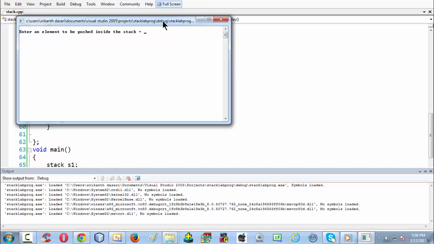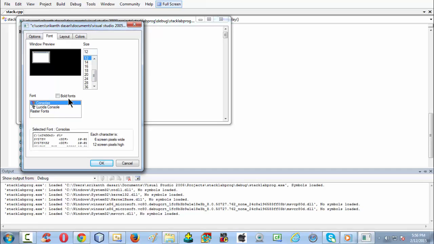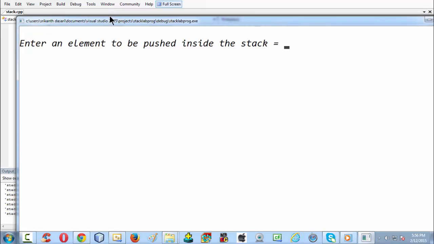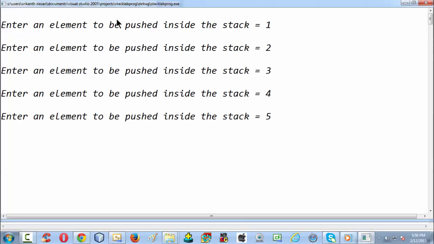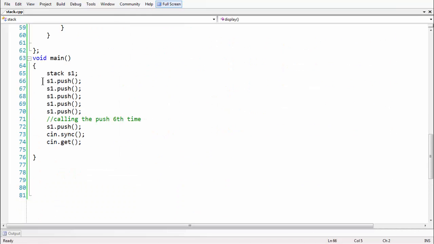Here, if you observe, as soon as I run the program, it's asking me to enter all the elements. Since we have called the push function, it's asking me to enter some elements inside the stack. So I'm just entering some elements: 1 2 3 4 and 5. The stack is full. Before calling the sixth time, let's display also. Let's use the display function s1.display. Now if you run the program once again,